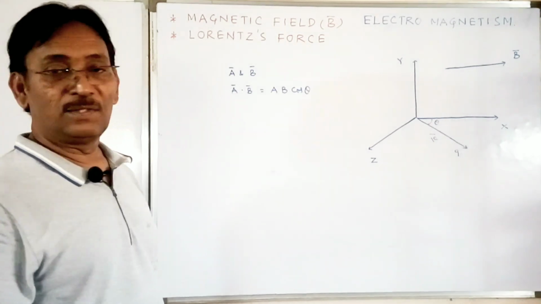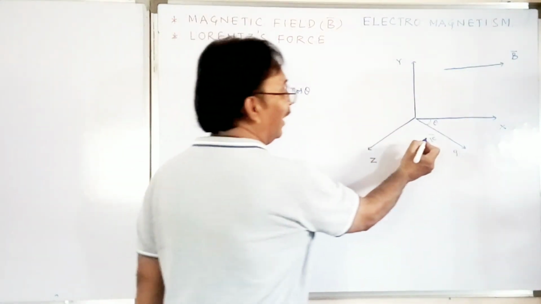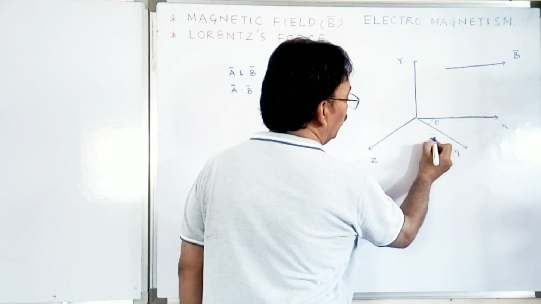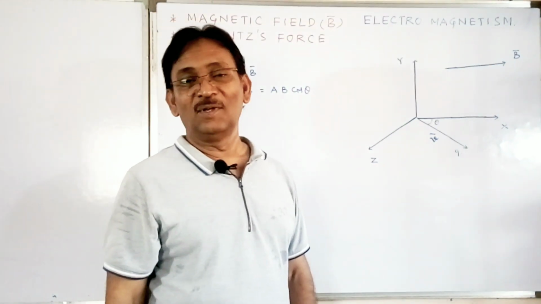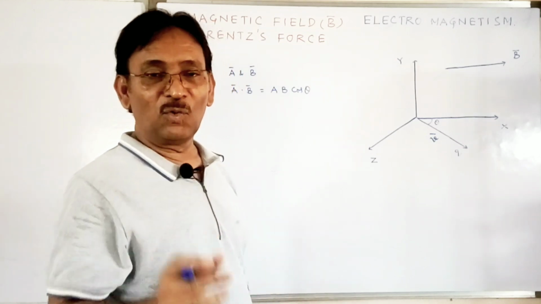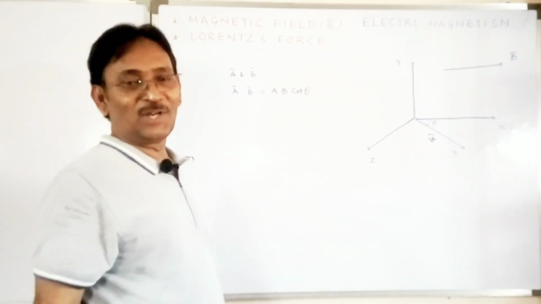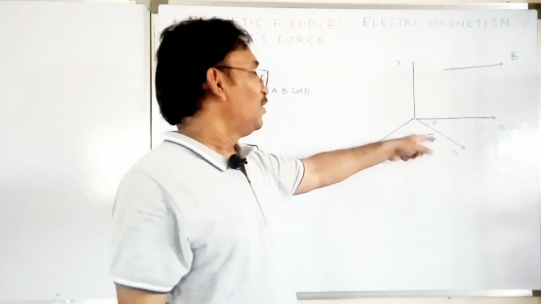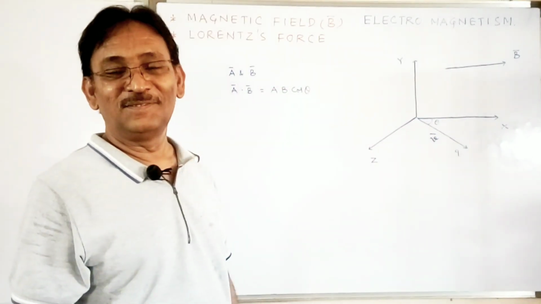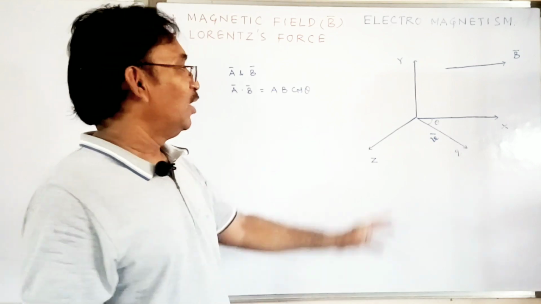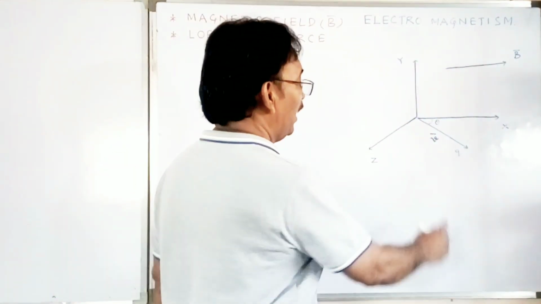Let's see what happens. The charged particle enters and is moving with a velocity of v bar. So it experiences a force. We have to find out the magnitude of that force. The force which is acting on the charge, which is kept in the magnetic field, is known as the Lorentz force. If you watch the diagram carefully, you will find the velocity